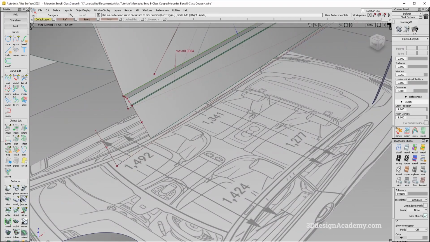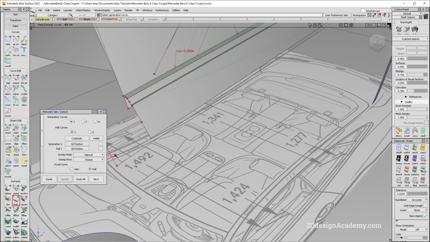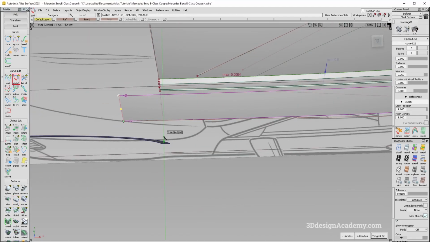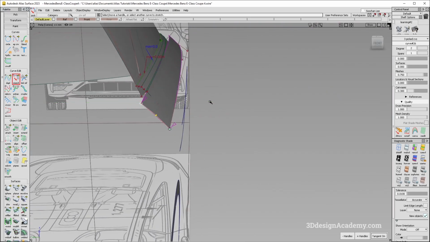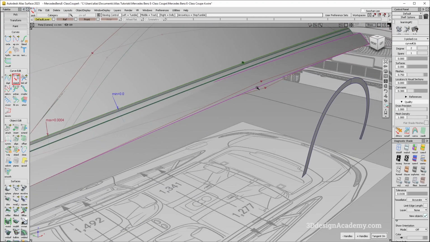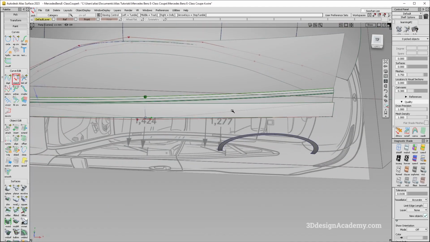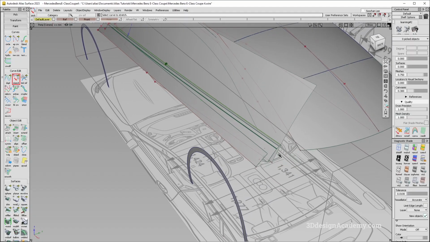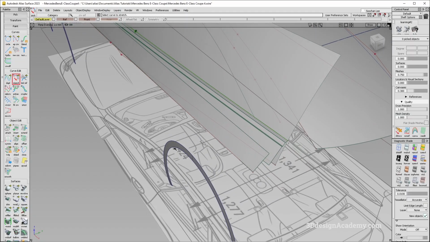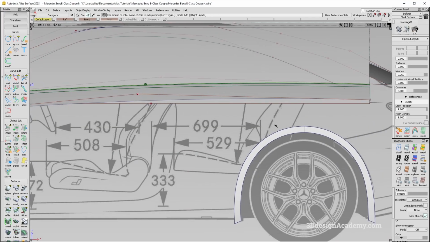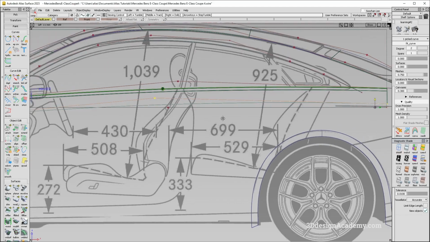Okay, so now what I'm going to do is create a rail like this, and I'm just going to make sure that they intersect. So I'm just going to bring it... why is it not hitting? Oh, okay, so there we go. And I might just bring it down a little bit like this so that they actually hit. And well, there's a little gap between the two, so maybe this one needs a bi-rail. Okay, so in order to do that, I think what I'm going to do is, instead of doing it this way, well, first of all, oh, okay, so